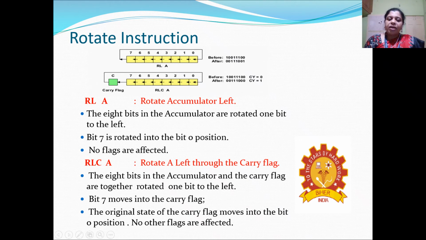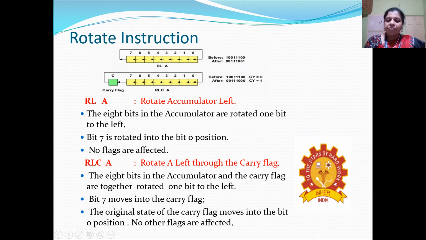So for the same rotate instruction, you can involve the carry flag also. The instruction for that is RLC. The same case, starting from the LSB, it will be shifted towards the left, and the carry value will be moved to the LSB. So accordingly, we have 1001 1100, and carry value, let us assume that it is going to be 0.